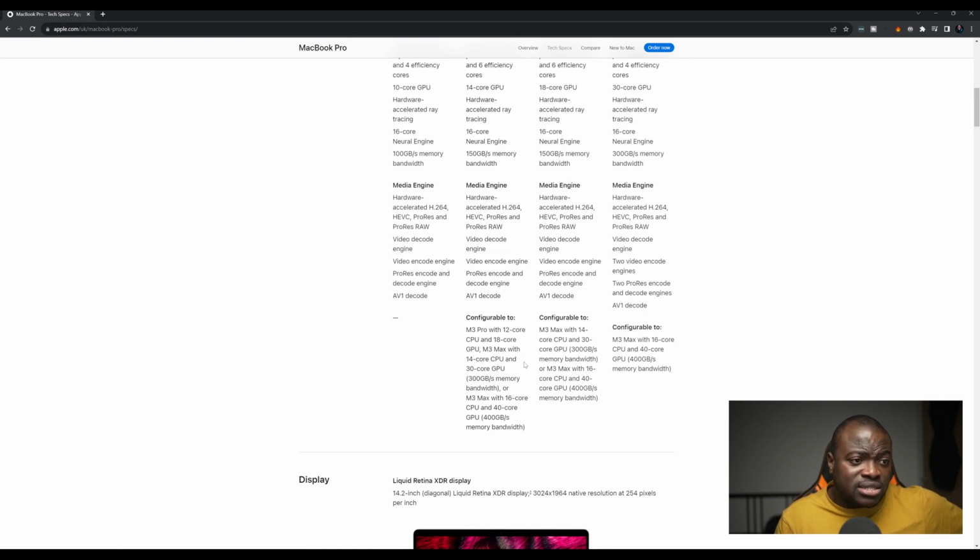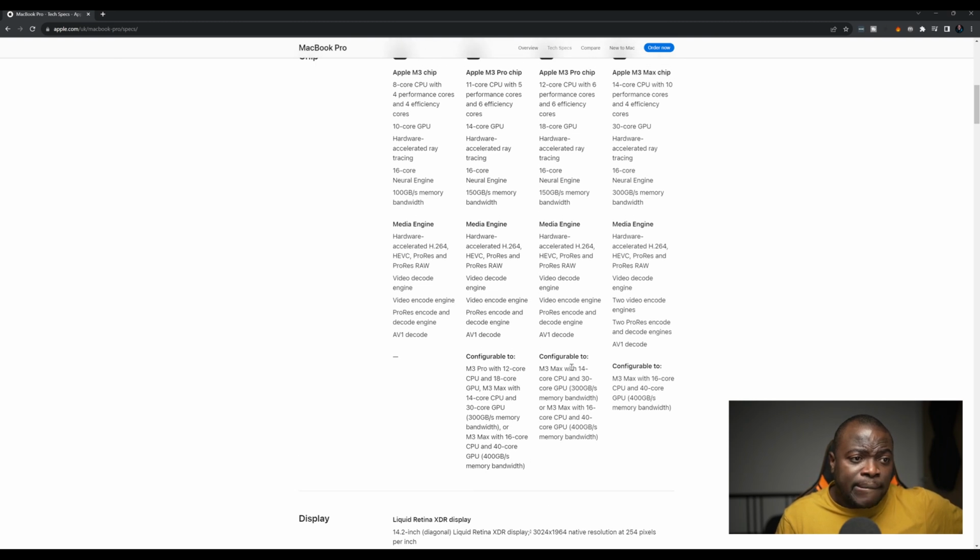Again, it's weird how that's broken up. I'm not sure how the 12 core looks like. I'm guessing that's a 6x6 architectural breakdown, 50% performance to efficiency. M3 Max is up to 14 core, 30 core, and obviously you've got a high bandwidth there, which obviously states that you've got the 14 core binned M3 Max, and that can go up to a 16 core binned M3 Max, a non-binned M3 Max, sorry,